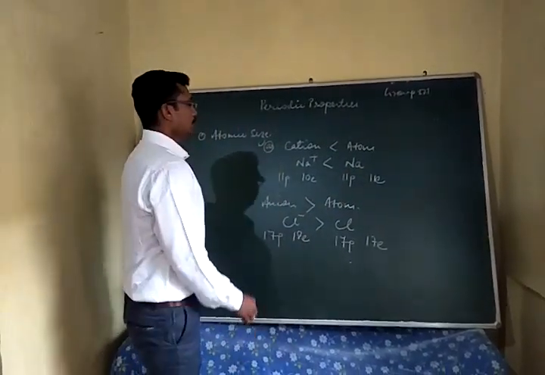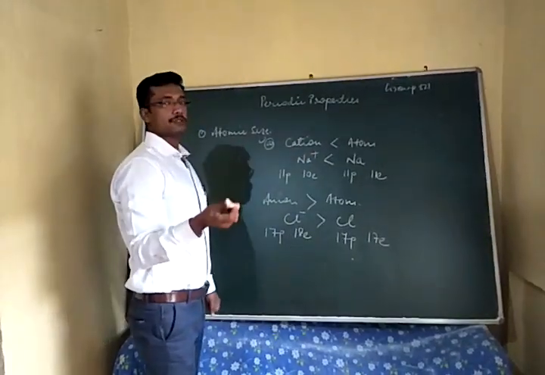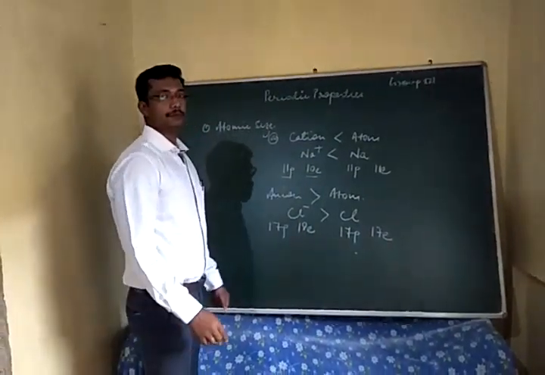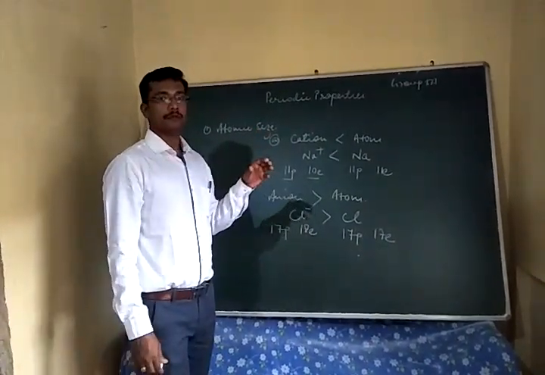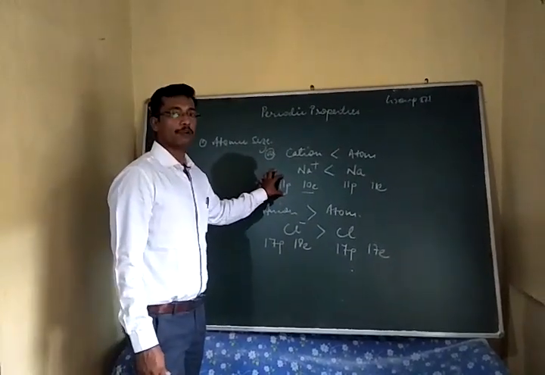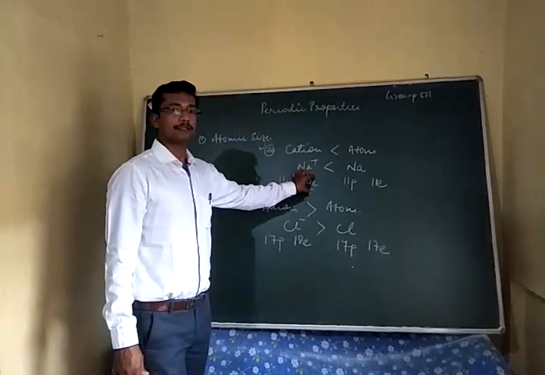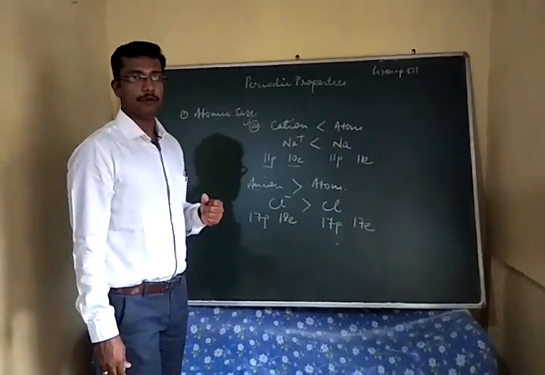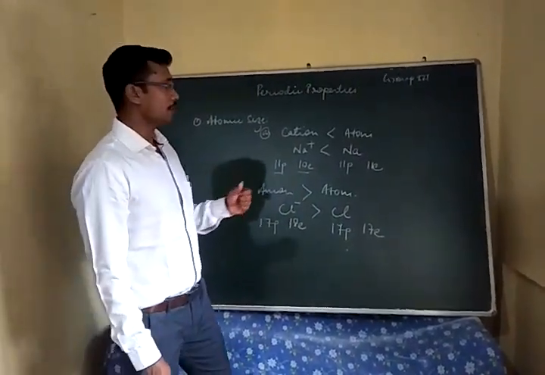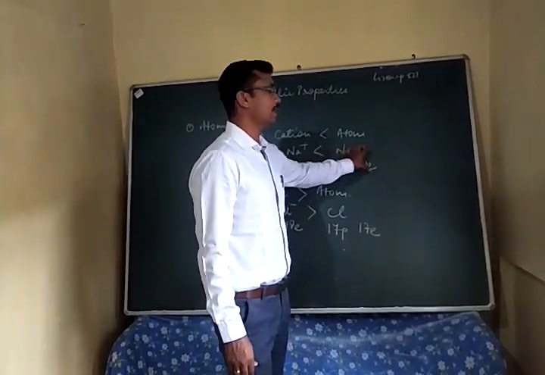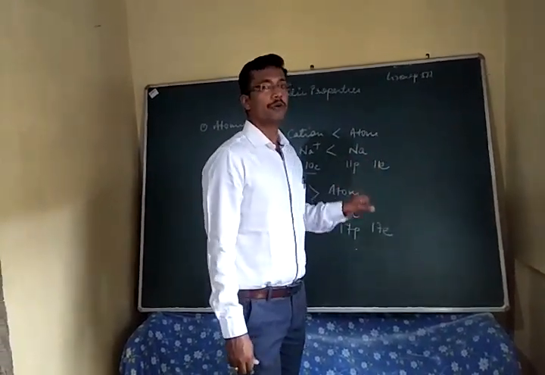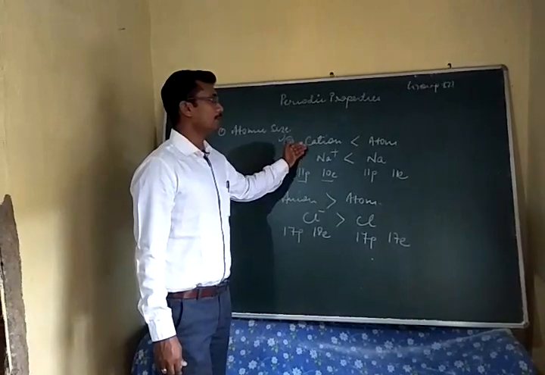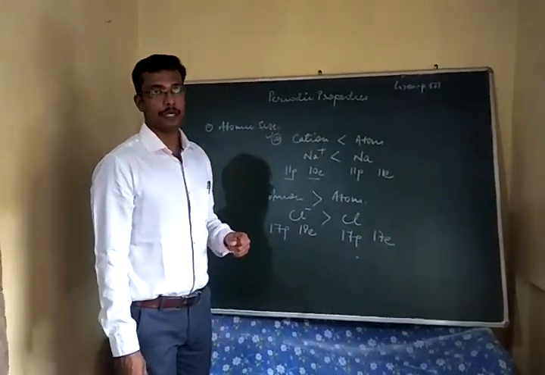The reason is that in the sodium ion, because 1 electron is already lost, it now has 11 protons and 10 electrons. So here the nuclear pull will be more, because 11 protons are easily going to attract 10 electrons towards itself. That will increase the nuclear pull, and so the size will be less. On the other hand, the sodium atom has 11 protons and 11 electrons, so the effect of the nuclear pull will be less. So the atomic size of a cation will be smaller than the neutral atom.